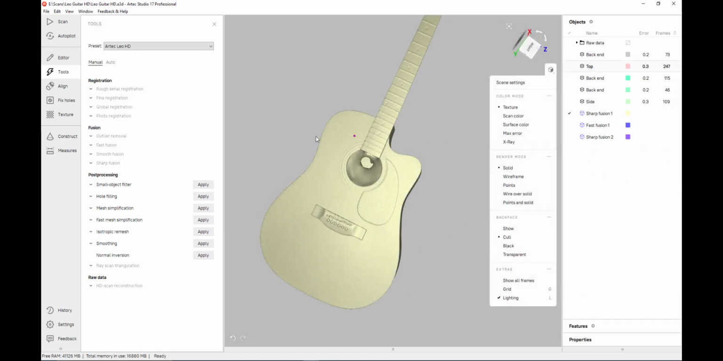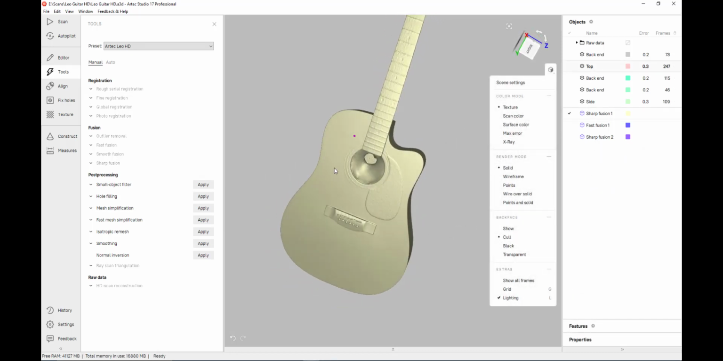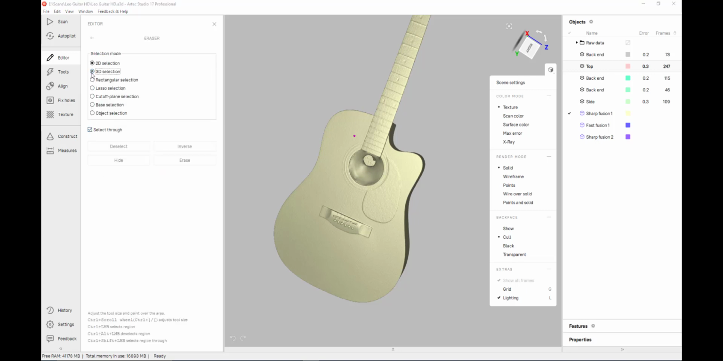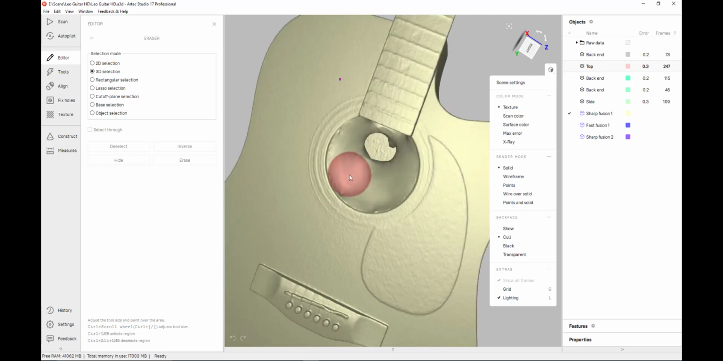At this point, we can export the mesh as it is, but there are different post-processing tools we can run on the mesh to clean it up further before exporting. For example, the sound hole was partially filled since we chose the watertight for our fusion. We can try and add more data around this area, or fill it in and add the hole during the